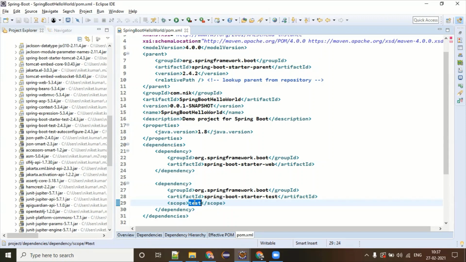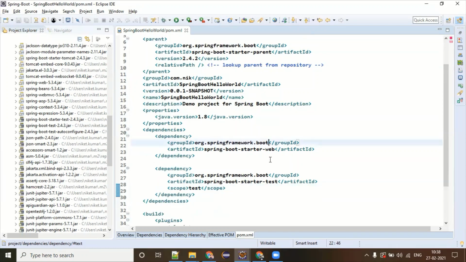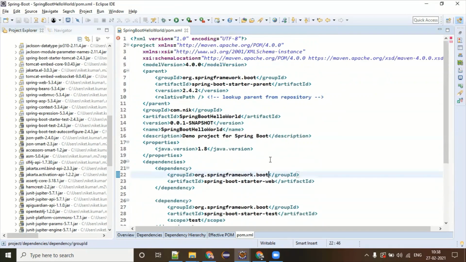So you must think about clean coding, design principles and patterns, why not to have a global variable, why it is not recommended to have a global scope kind of array list or map. So these are the things you have to keep in mind. One point I want to highlight here is the scope. By default, the scope is compile or implementation. It means if you don't write a scope, it will be part of your compile environment, and also it will go to the runtime environment. Understood? Yeah. Cool.